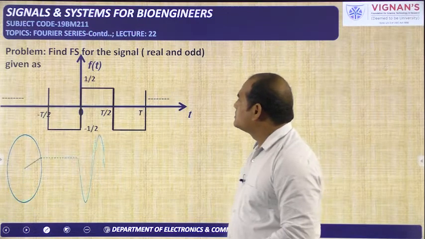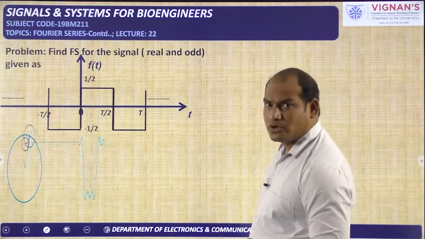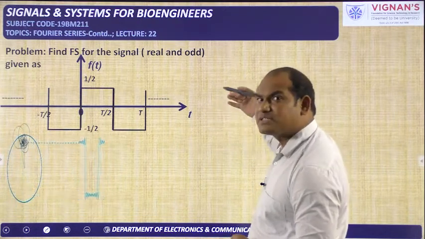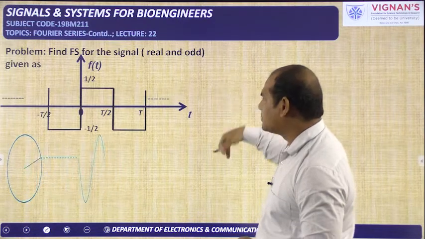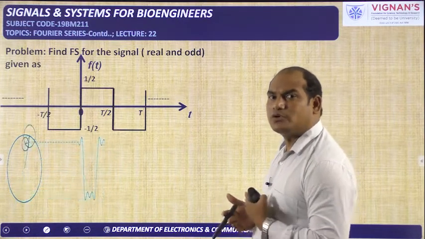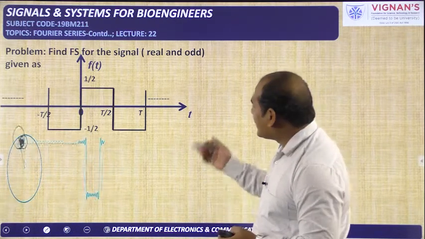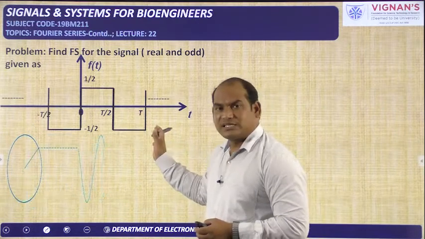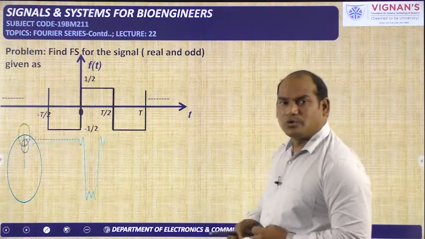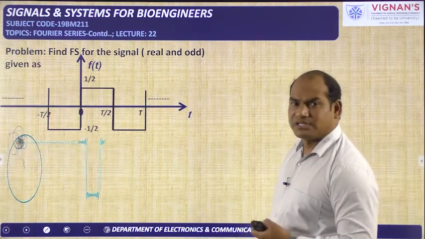Okay, here another problem is there, and that also we can do in the same manner. You do the differentiation, you will get the impulses. Some impulses are above the x-axis, some impulses are below the x-axis. For the impulses above the x-axis, you can write in terms of the shifted impulse train signal, and in the same manner we can apply it for the set of impulses below the x-axis also. Commonly we can write the Fourier series coefficients, and get the expression for this f of t also.